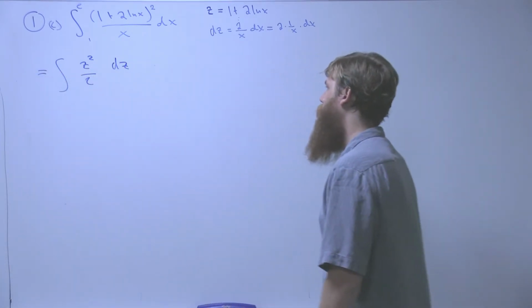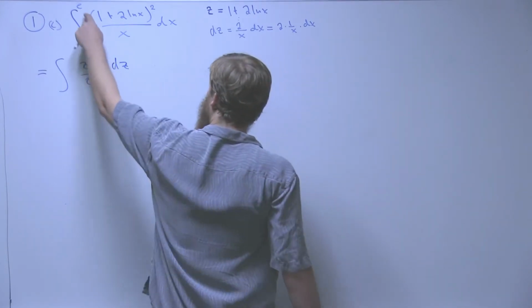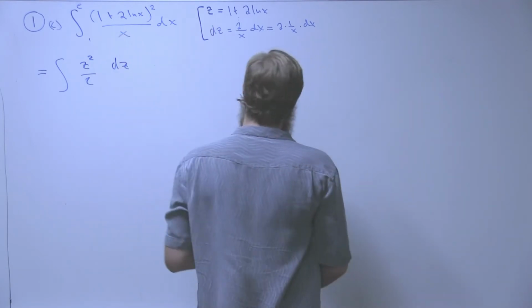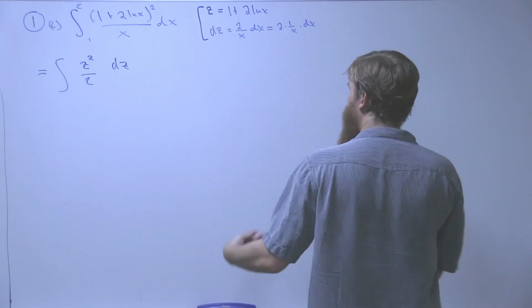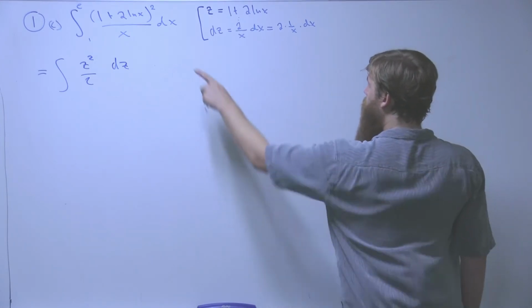So that's how our integral transforms. We'd also like to change the limits. We mentioned in an earlier problem that when you're making a substitution in a definite integral, it's good to get in the habit of changing your limits so you don't have to go back to the original variable at the end to evaluate. So, if x is equal to 1,